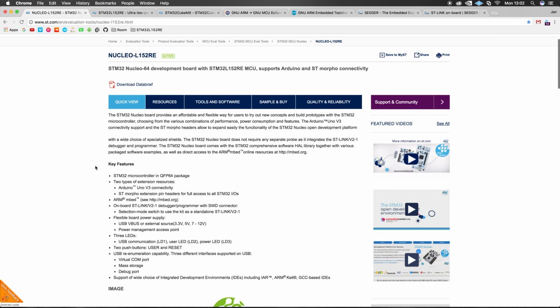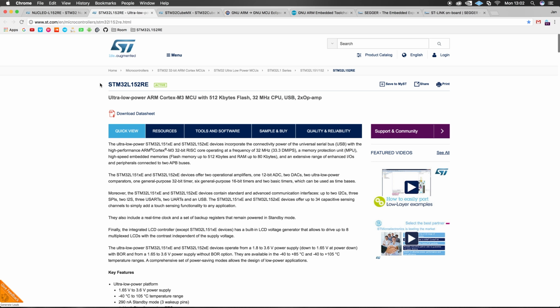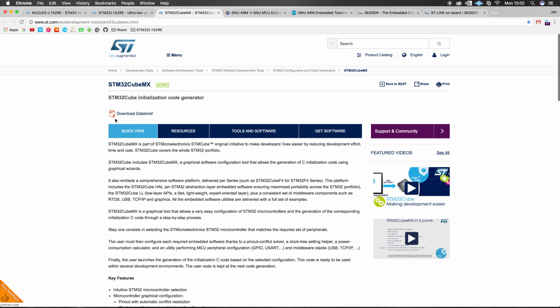So I will assume you know how to set up Eclipse and the MCU plugin and all the other stuff we've done before. The microcontroller on the board we're going to be using is this one. So feel free to get any data sheets you need. We're gonna use